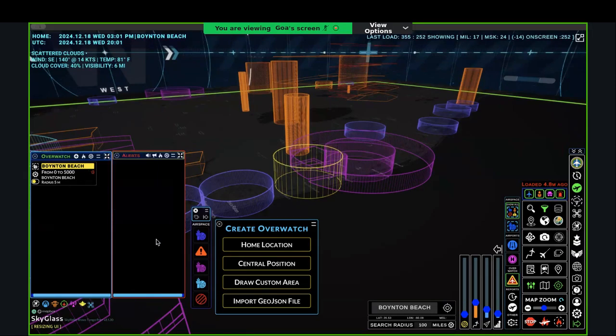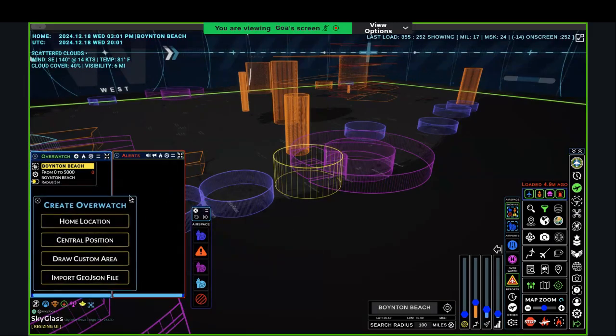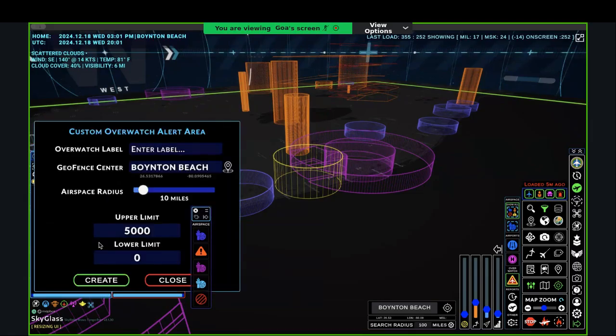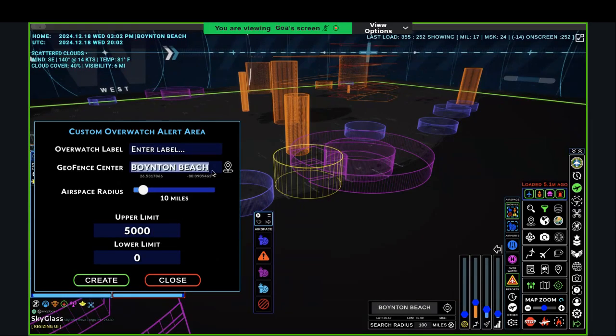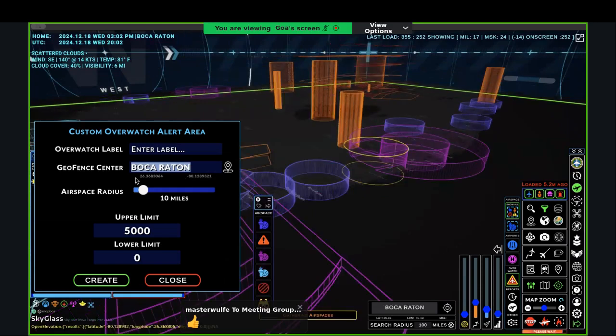Okay, and save. All right. You can do the same sort of thing, but doing it around a central position. So if you click here, it's going to bring up another interface, and now we can put in a defined label and change the geofence area. So if I want to say Boca Raton, when I hit enter,